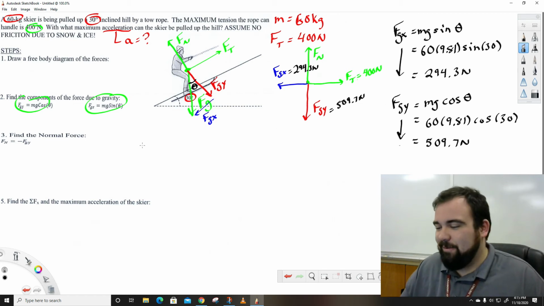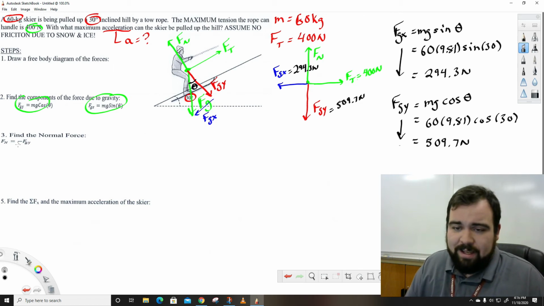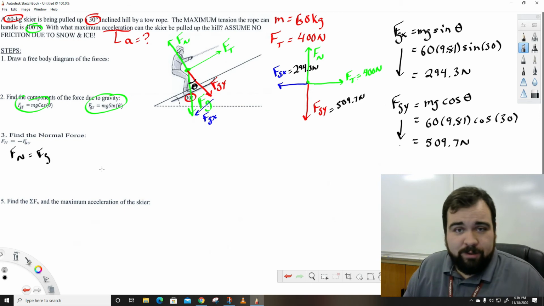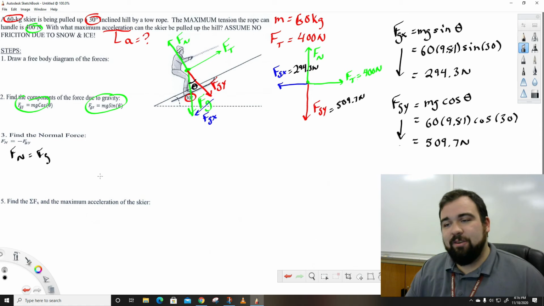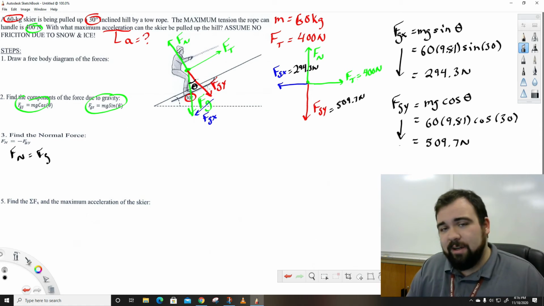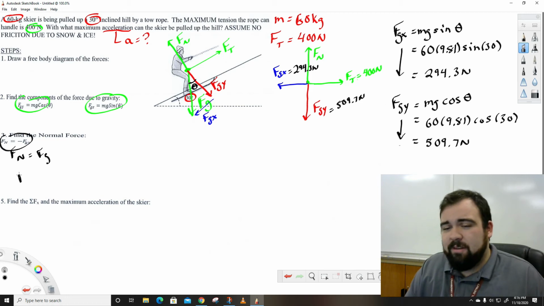We need to now figure out what that FN value is. Now normally we would say that Fn is going to be equivalent to Fg, which would be true if this were a flat surface, but since it's at an angle, gravity isn't pointing directly into the ground, it's acting in a component sense. So the FGY is the value that we need to be concerned with here. That is what's going to be equivalent to our force normal. So that's where this equation, the Fn equals negative FGY, is. So our Fn value here is going to be